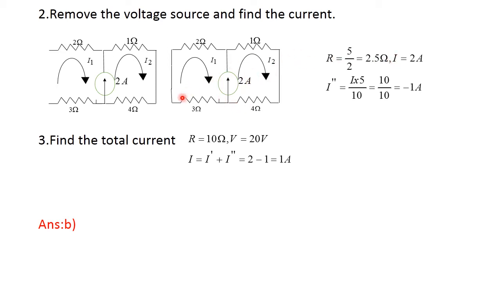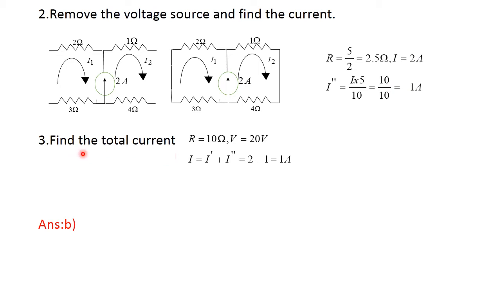So in the question they have asked the current flowing in this direction. But here from the current source the current is flowing in the upward direction. So we have to write I double dash is equal to total current into other branch resistance divided by sum of the branch resistances. That is 5 plus 5 is equal to 10. So you will be getting 1 ampere. Since the currents are in the opposite direction, we have to write it as minus 1 ampere. So we have to keep this in mind clearly.